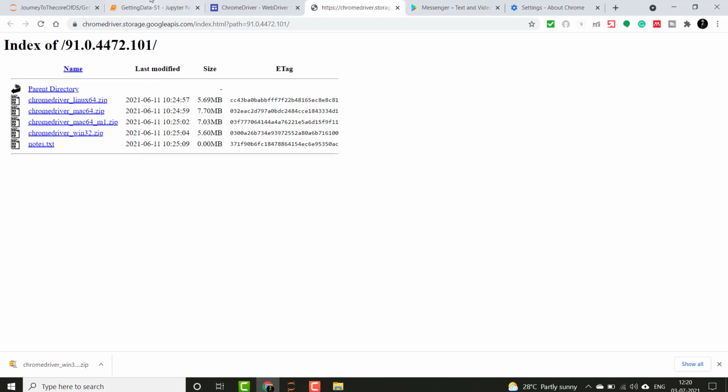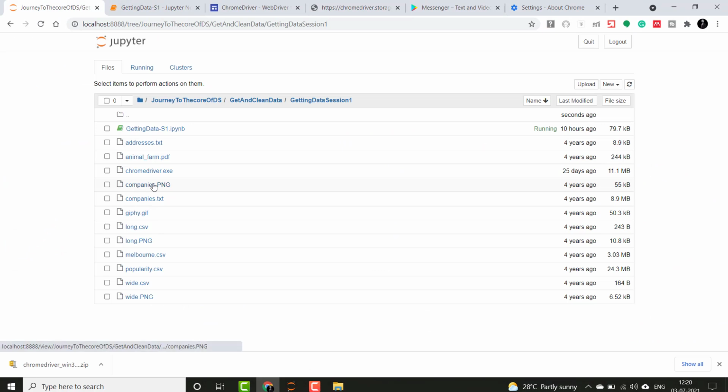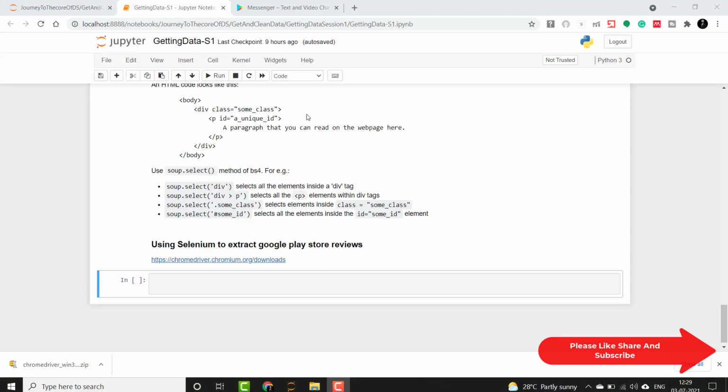So in my case I have kept it along here where my ipynb file is present. So I'll just extract and keep it here and use it. Now let's use Selenium WebDriver and Chrome driver to extract the data from the Facebook application present in Google Play Store.